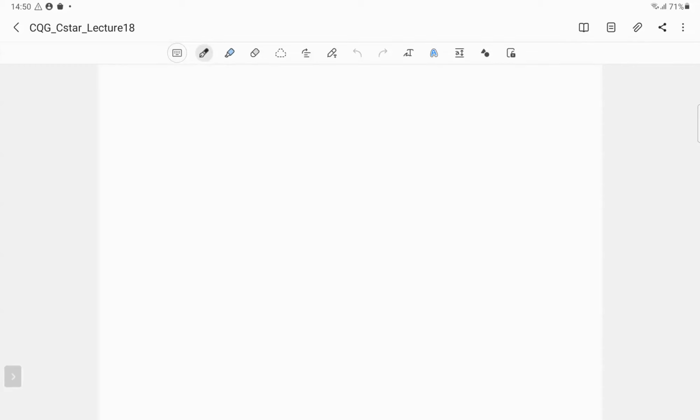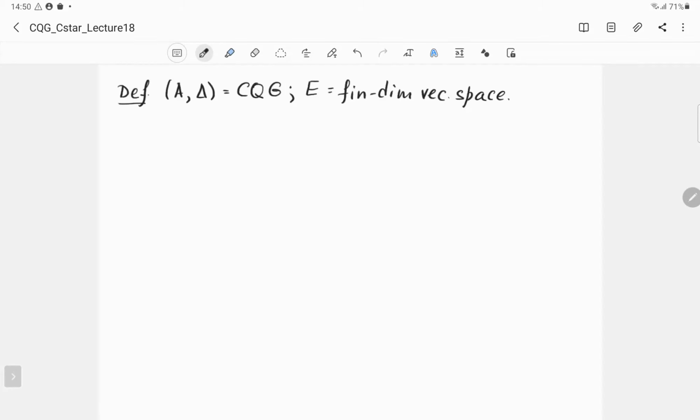Okay, so in the previous lecture, we introduced co-representations of compact quantum groups. Let's recall the definition. Suppose that we have a compact quantum group, and suppose that E is a finite dimensional vector space. By definition, a co-representation